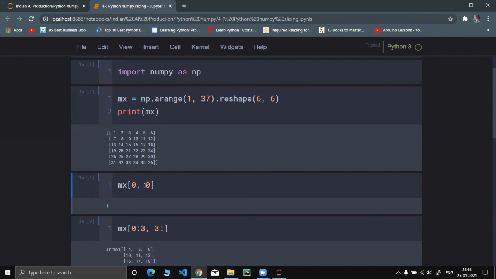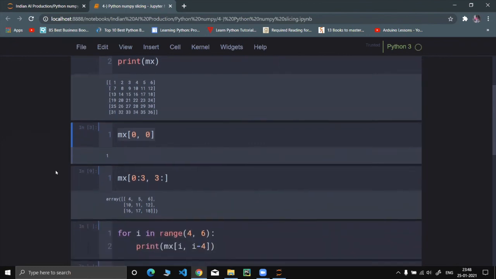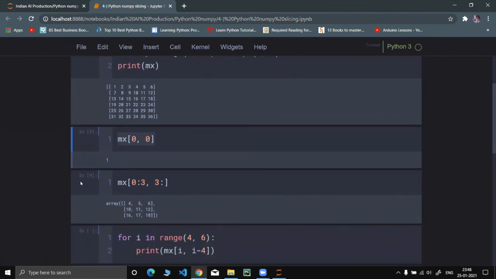What is done over here is the 0th row and 0th column. Since indexing starts with 0, this would be the 0th row, and this first column, 1, 7, 30, 19, 25, would be the 0th column. Mx is the name of the matrix, and 0 comma 0 is the position of the element, and it printed back the element.